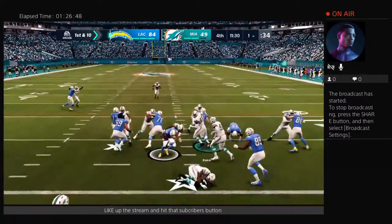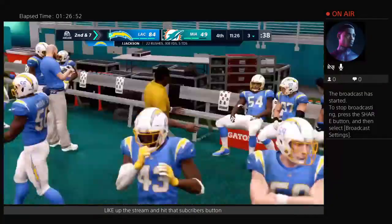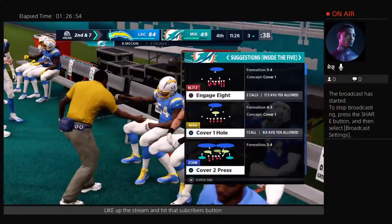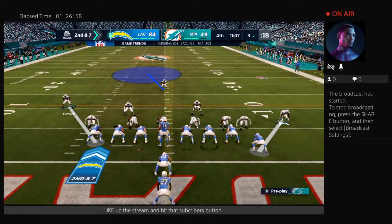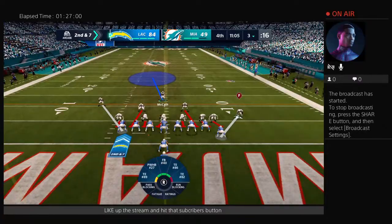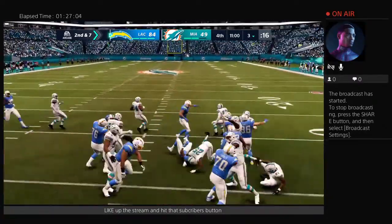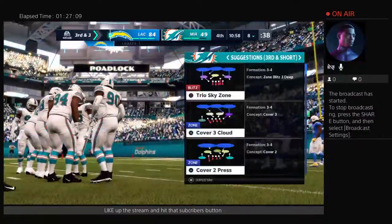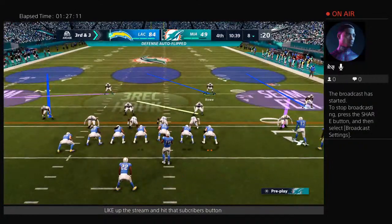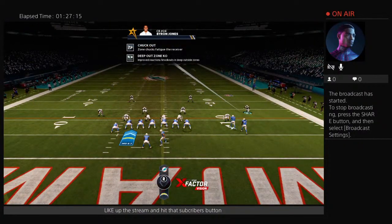On 1st down, it's Jackson. And he'll get this only up to about the 3-yard line. Ball carrier. Bobby McCain here, the one who brings him down. A 3-yard pickup brings up 2nd and 7. At the 3. Here's Joshua Kelly, the rookie from UCLA. And he'll take this up to about the 7 or 8 yard line. It'll be a gain of 5, but still about 3 yards shy of the first down marker, and now it's